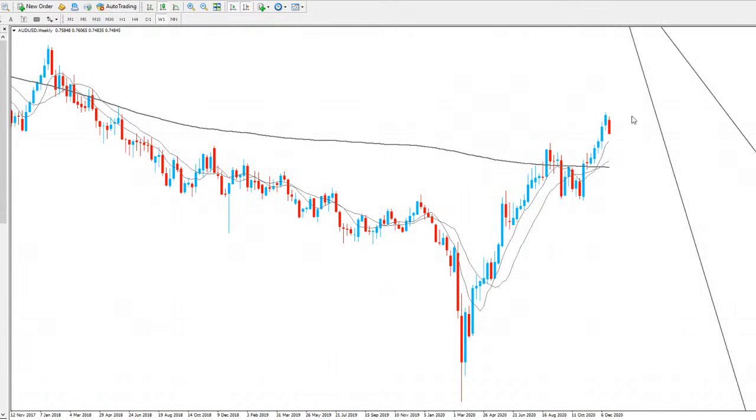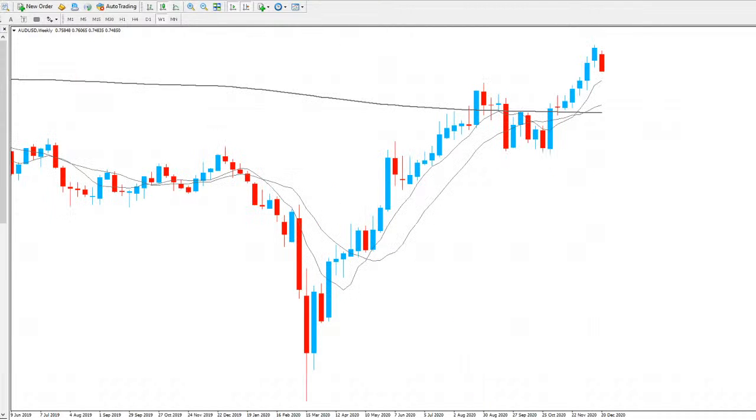If I jump on the weekly chart, you can see that we do have a nice level here. I'll zoom in. Previous level of resistance on the weekly now turns support, so we could potentially be coming to around that area from a weekly point of view. As you can see in the weekly, it's quite overextended as well, so do expect to see some retrace on that chart, potentially to some previous area of resistance now turned support. So again, this area previously acting as resistance gave us this move to the downside, and will be acting as support there again as well.